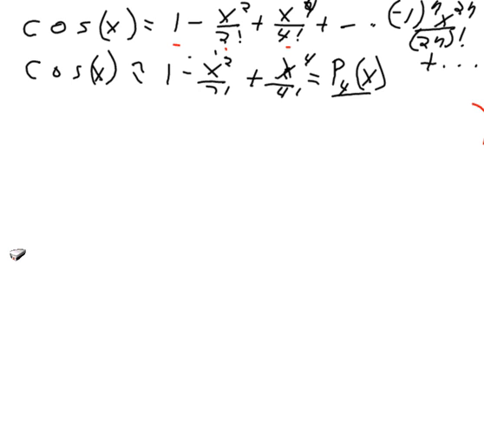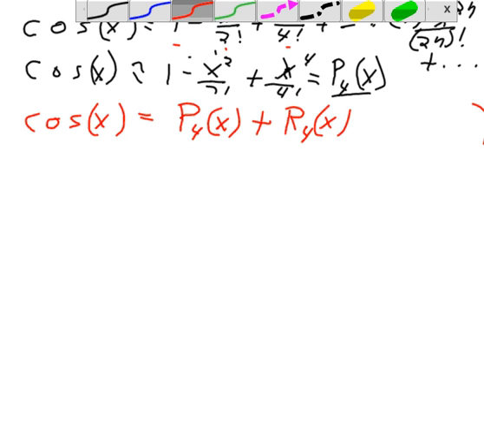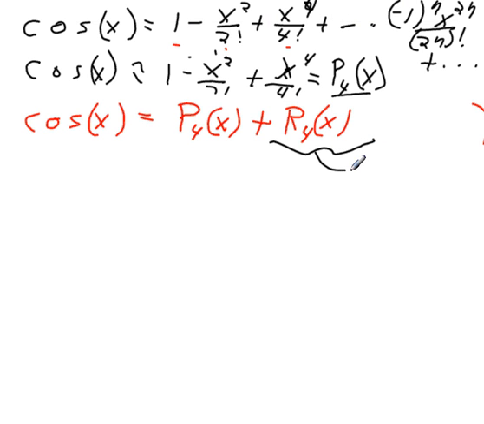The remainder theorem says that cosine is equal to P4 of x, that's our approximation, plus the remainder R4 as a function of x. We would call that the error term, error as a function of x. And the remainder theorem says that, for instance, in this case,